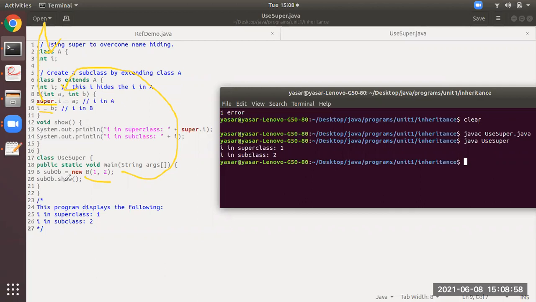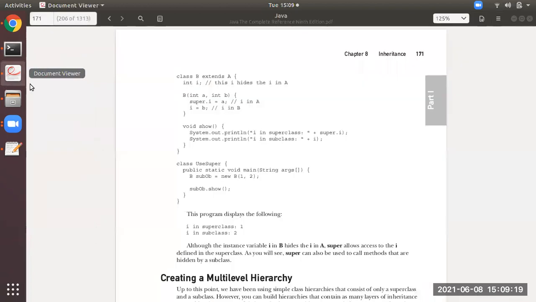Okay, I hope you all have understood. Then sub dot show means it will call this method. And here you see super dot I means the variable I of class A. It will display 1. I hope you all have understood. Now 14th line. 14th line, it is displaying the value of I which is available with class B, that is 2. Okay, that's it students for today's class.